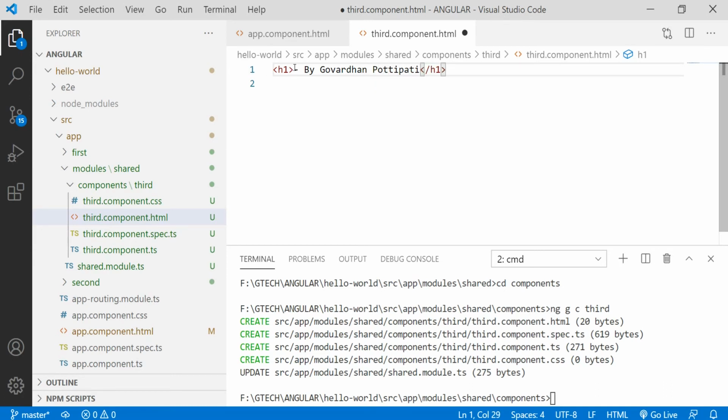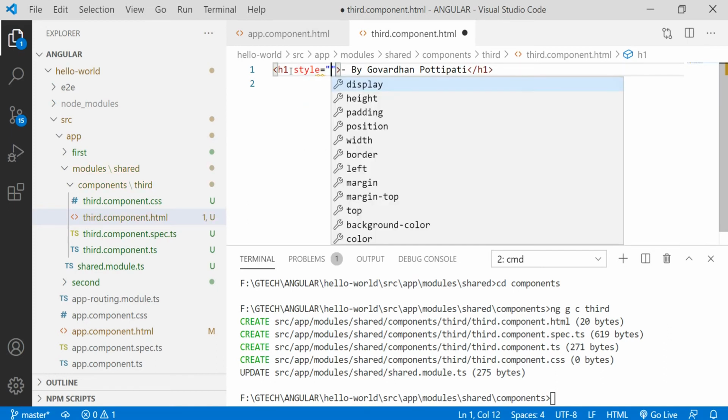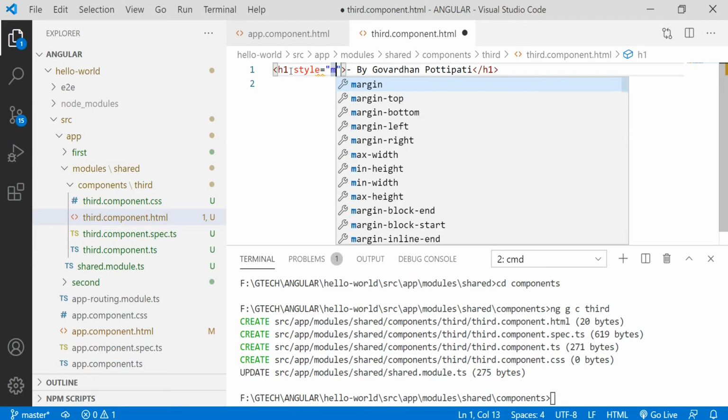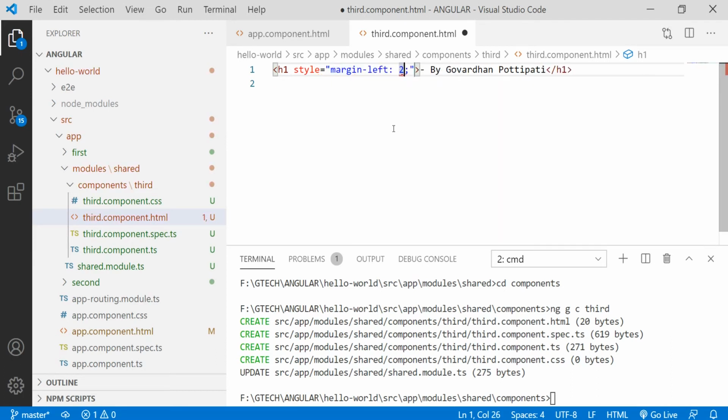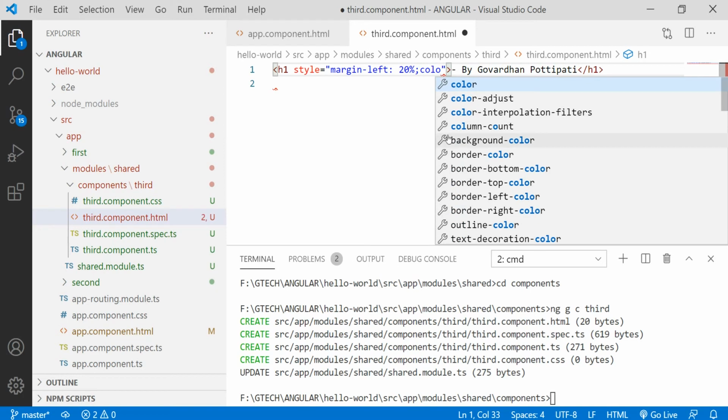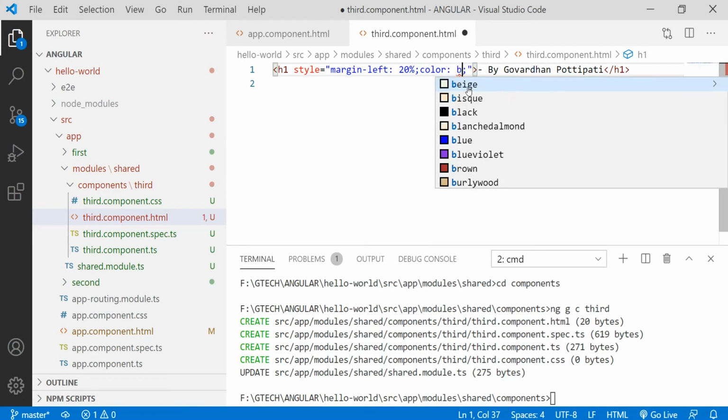And let me add some inline styling for this h1 tag as well. Margin left 20% and color to match the color of the other h1 tags. Let me go with blue.